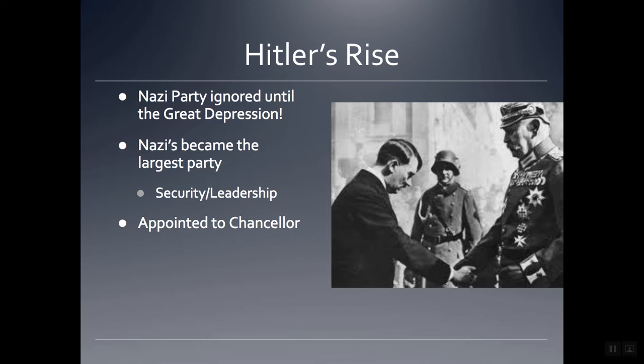So in an interesting move, you guys, this is actually the president, von Hindenburg of Germany. He actually makes the decision to appoint Hitler to chancellor. So he appoints him to a very high position in the German government. And he did it because he assumed that he could control Hitler. He was like, if I give the Nazis this position, they'll be happy, and they won't push for more.